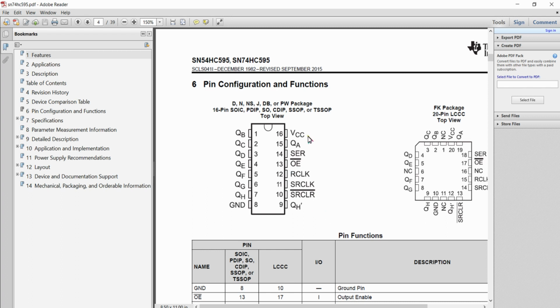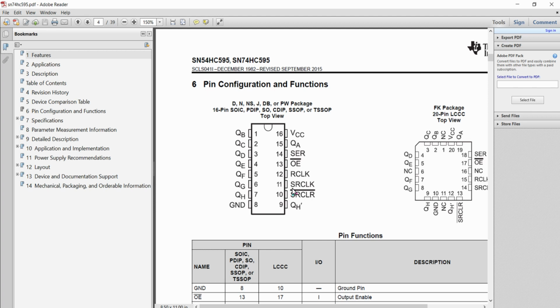And next you can see this is the VCC. We are just going to power up this IC with the 5-volt signal, that is the 16th pin, and then we are just going to connect the ground of this IC, that is pin number 8, to the ground of Arduino Uno. And finally, these are the communication lines available on this IC.